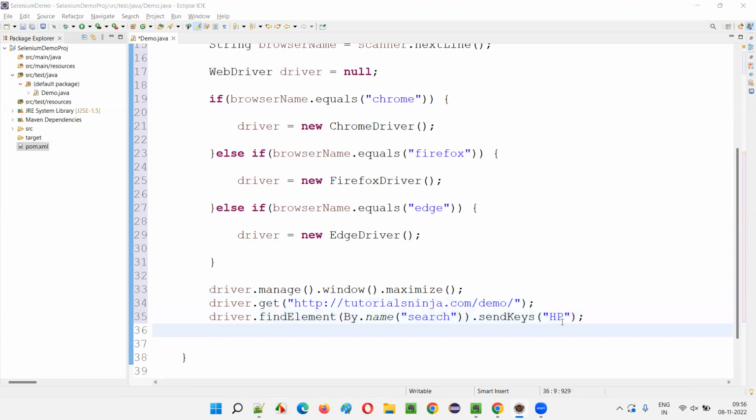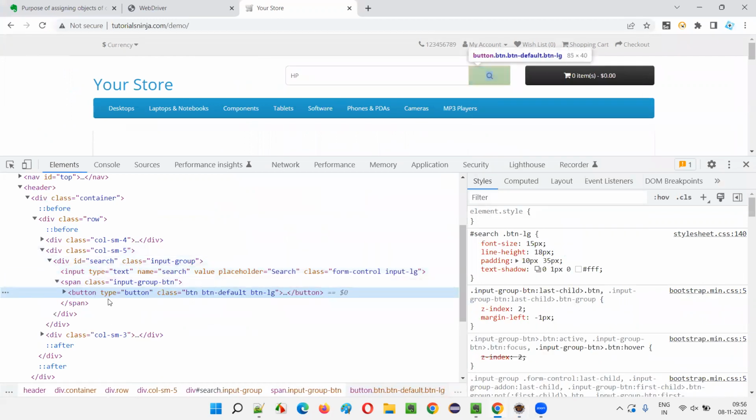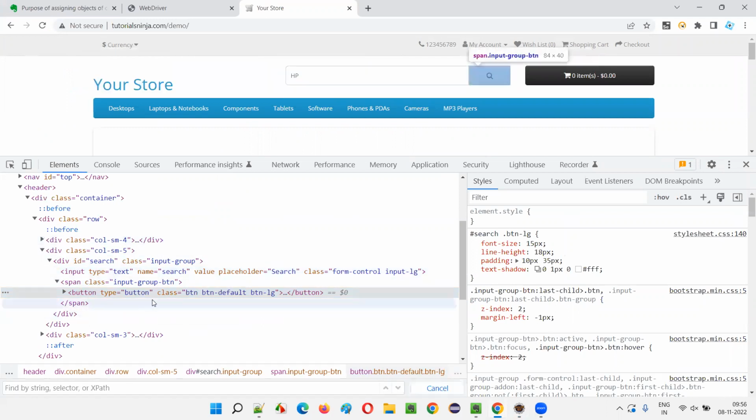Put a semicolon here. Then after typing HP here, I want to click on the search button. Inspect the search button. So what I have to do here, button, Control F. This is a button, guys, having three classes here. We can take one of the classes. I'll try this button LG something. I'll take this last class and say /button